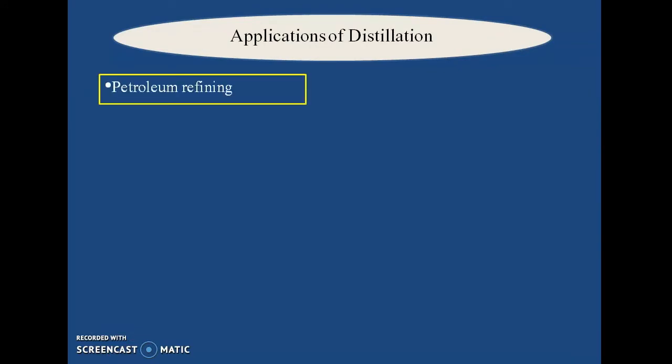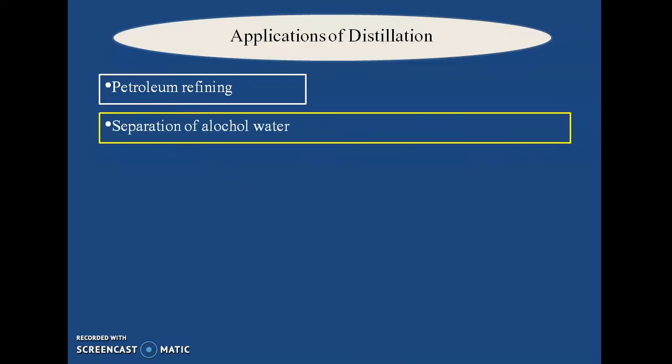Applications of distillation. It is a major application in industries. All petroleum refineries work on the principle of distillation. You have crude oil, and from the crude you get a number of products like gasoline, petroleum, naphtha, LPG gas and other products from crude oil distillation. Another application is separation of alcohol and water into its components. You take a binary mixture containing alcohol and water, and it gets separated into purified products, alcohol and water.